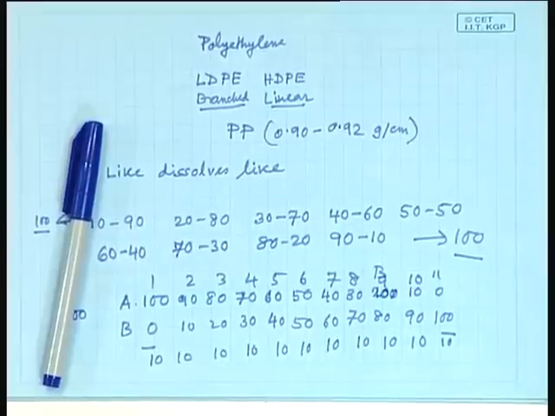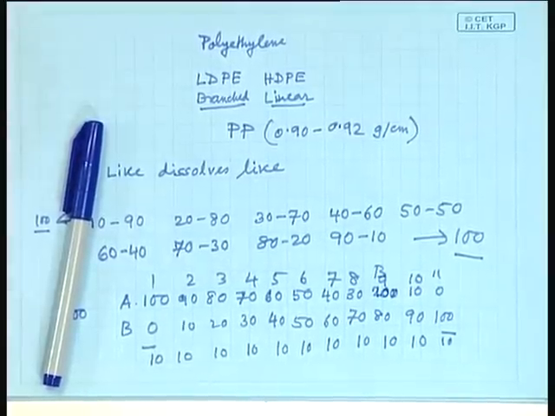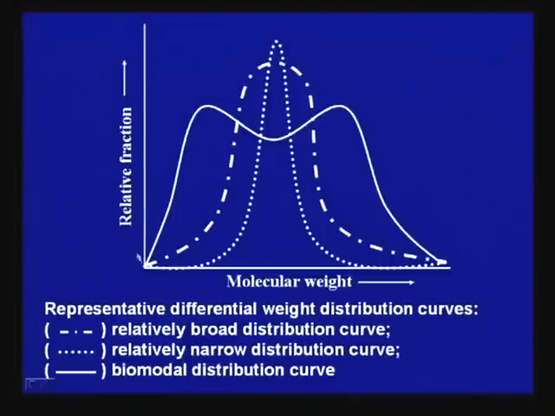Then you make a plot, and after plotting you can get either this type of distribution curve, or this type of distribution curve, or this type of distribution curve. Now, this curve can be designated as a broad distribution curve. Distribution is broad,